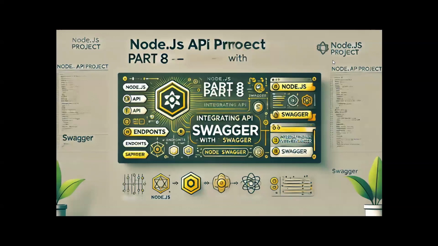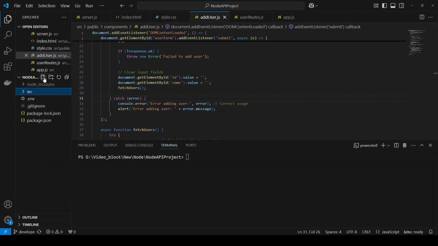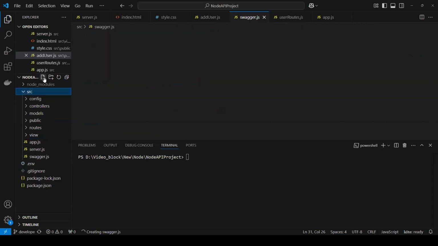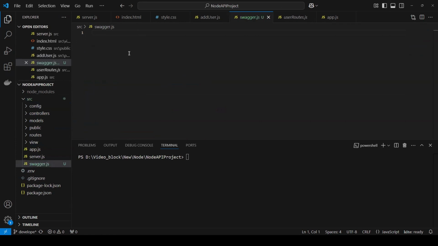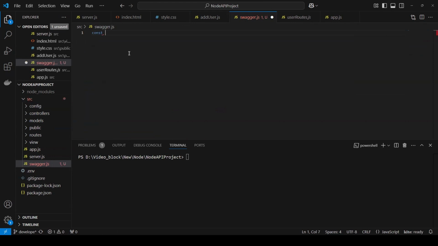So now I will move to Visual Studio, and now I'm going to write that code from scratch for this one. So I will go to src, and I will create a new file, swagger.js. Okay, so this one is created now, the swagger code. So what all we need: a const swaggerAutogen equals